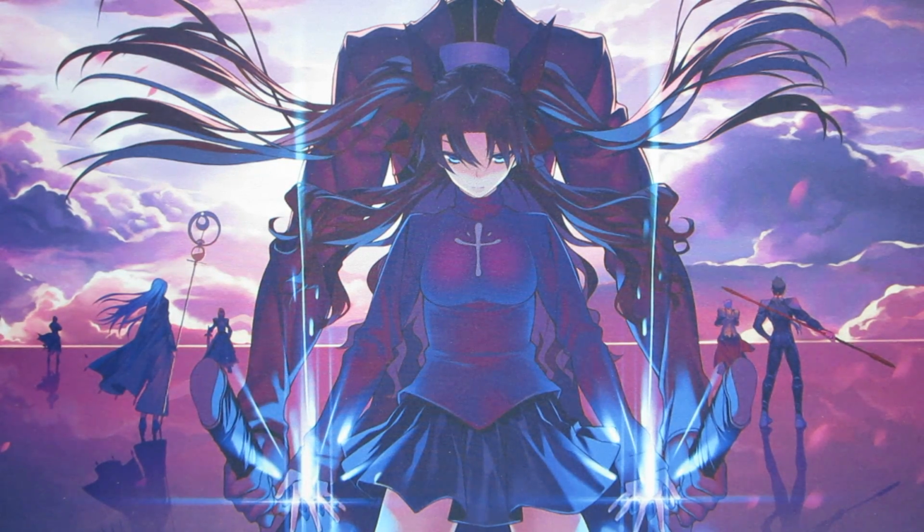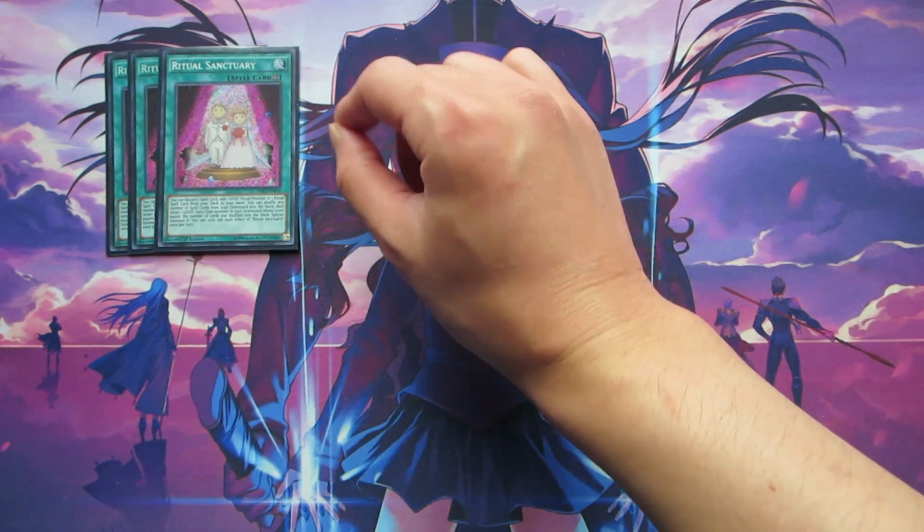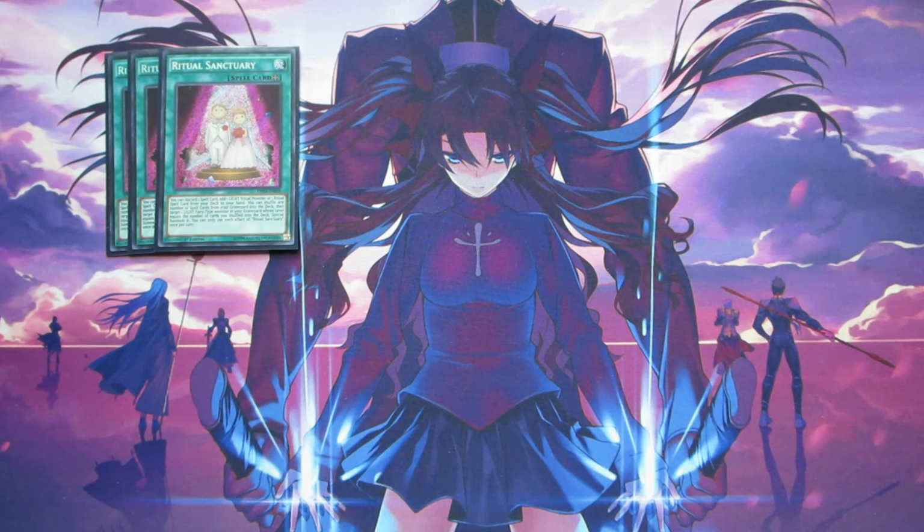Alright, so for the spell cards, starting off, we're playing 3 copies of Ritual Sanctuary. This is like the MVP card of the deck. You don't want this to be destroyed. You don't want this to be negated. It is so powerful because not only does it help you search out